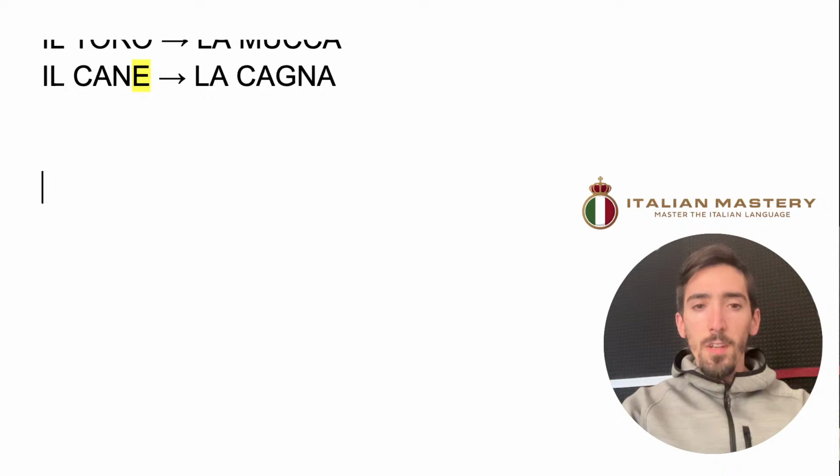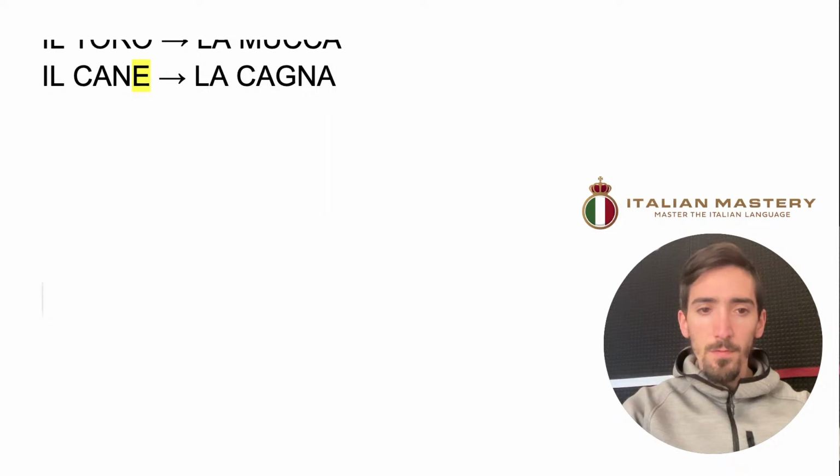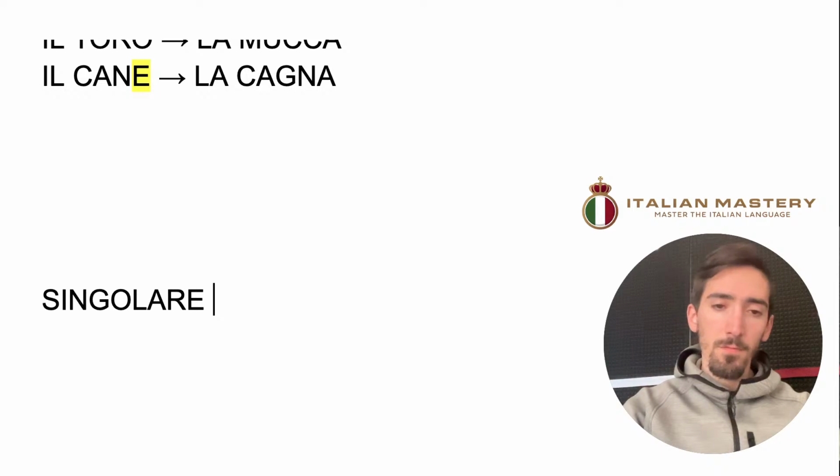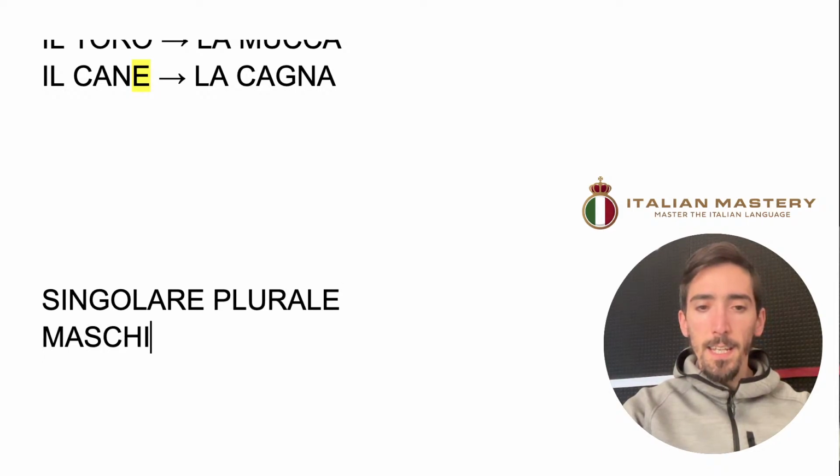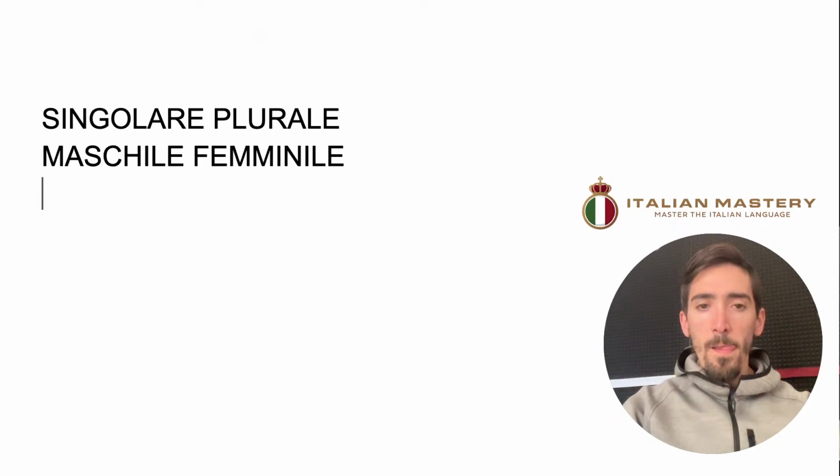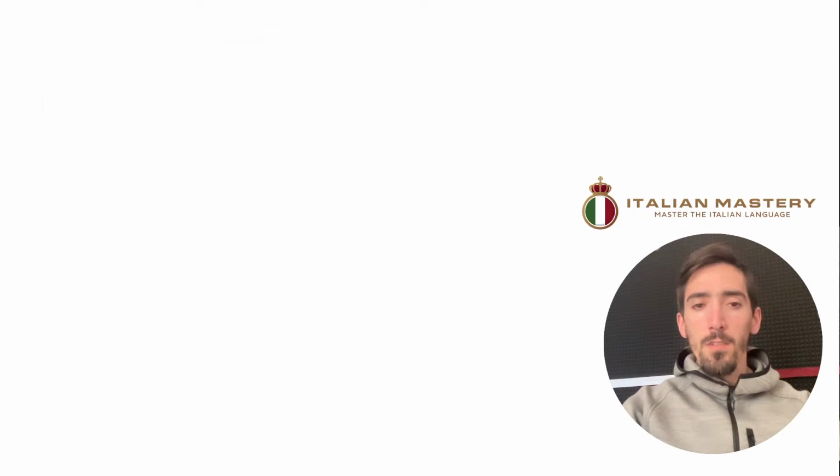And of course, what is the diagram for words in Italian in general? So in other words, singular, let's remove this, singolare, so we have singolare, plurale, maschile, femminile. Okay, so